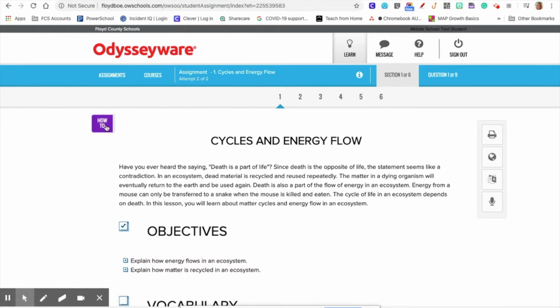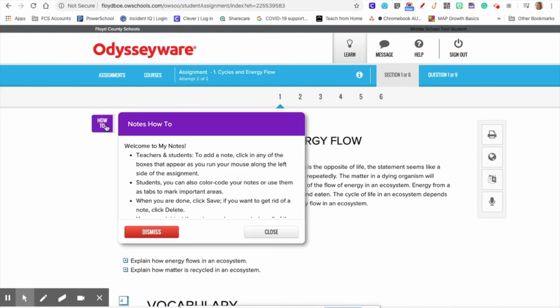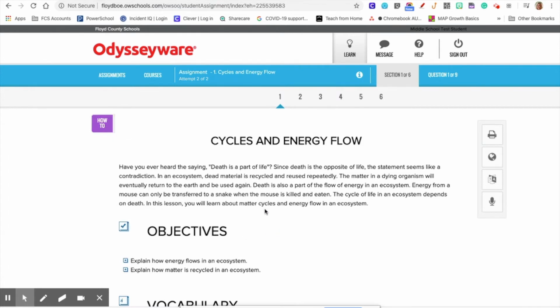You also have a little icon here that says How To that you can click on, and this just helps you understand how to take notes and add notes to your assignment. So the student will need to go through each section of the assignment, and you can do this in a